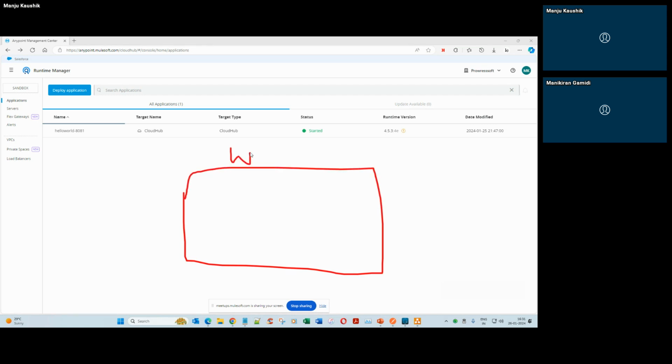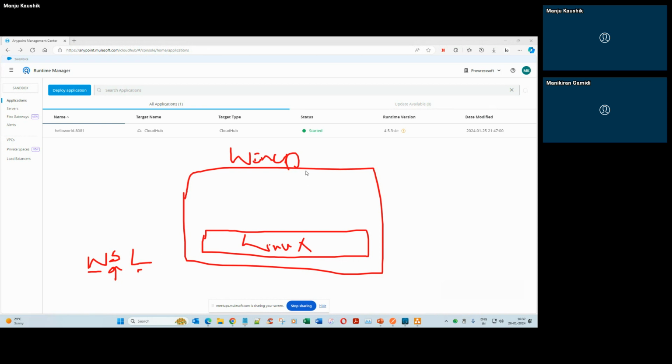See, this is my Windows machine. Now there's a thing called WSL. WSL stands for Windows Subsystem for Linux, which means I'm trying to install a Linux machine, not a server actually, an operating system, inside Windows. So this is my Windows 10, and within Windows 10, I can install Linux and get both Windows and Linux flavor together,